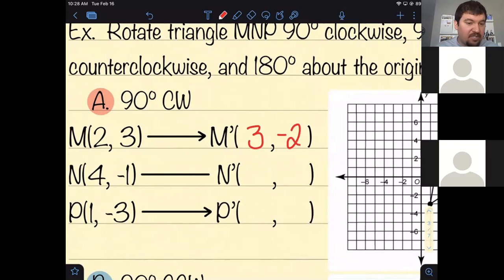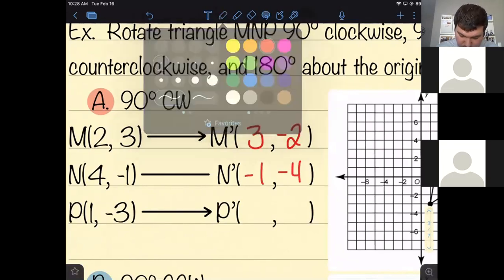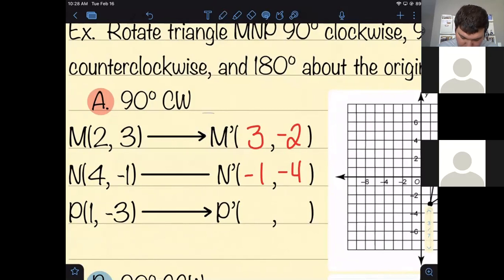The opposite of the x coordinate makes this -4, but then I have to flip it to make it -1, -4. Oh, I'm missing an arrow. Just realized this. Sorry, I paused this lesson to place an arrow right there on my little line. Okay, and then the opposite of the x coordinate here would make this -1, and then flip it to make